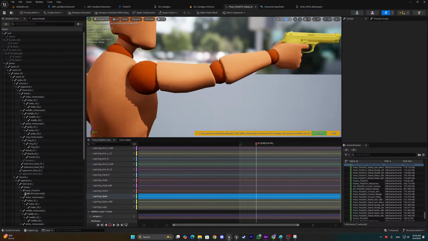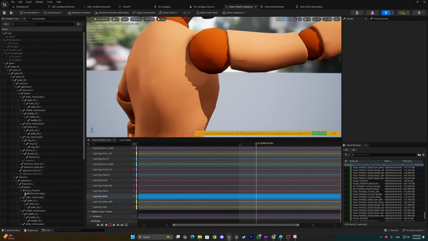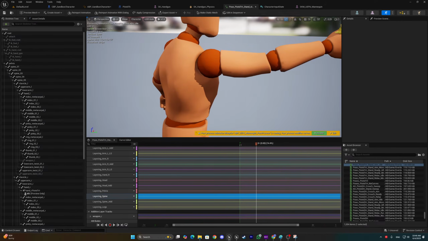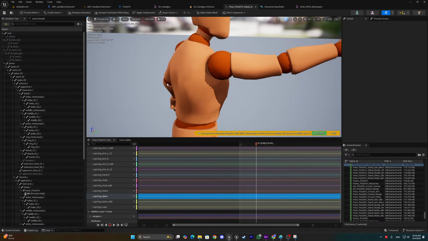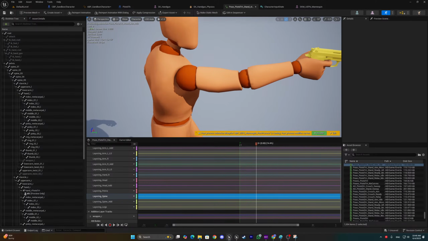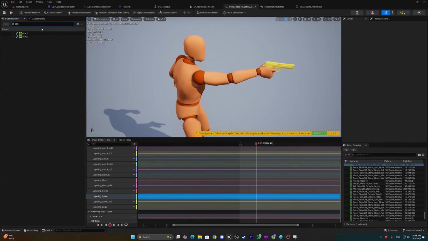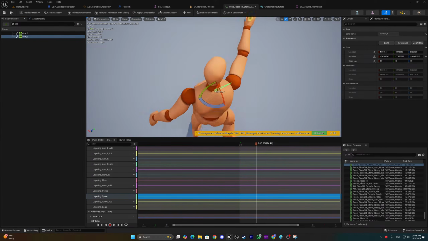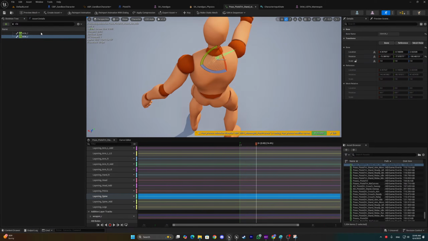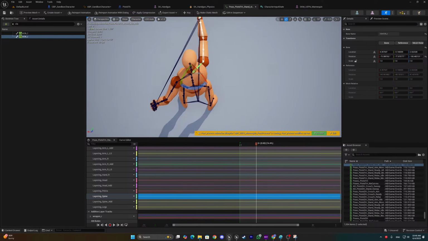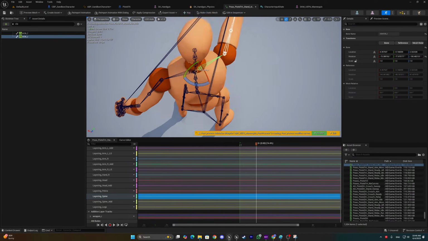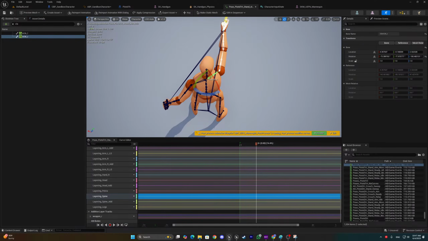As you can notice here, the arm is a little bit too much forward. I don't know if that's normal, but if you have an animation that you can replace this one with, it's going to be better, I think. This is the Clavicle R. Maybe the Clavicle R is a little bit too much. Let me show the character bones and show our hierarchy. If you try to just rotate it a little bit and tweak it